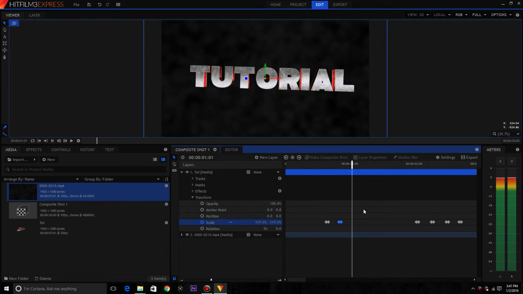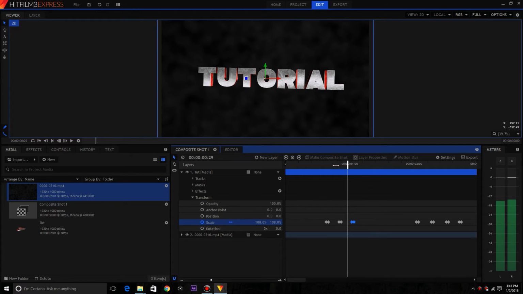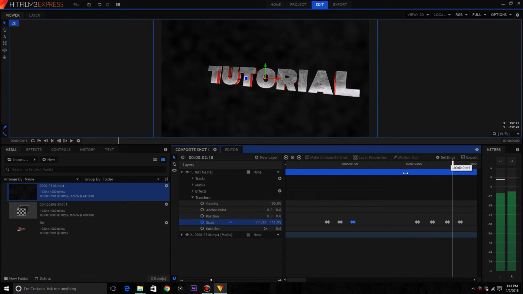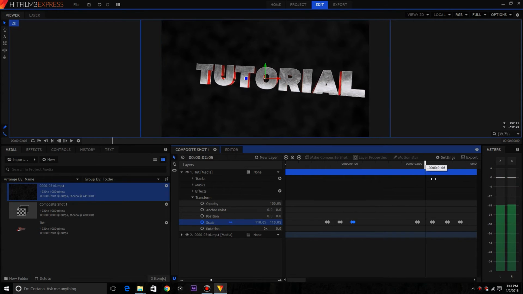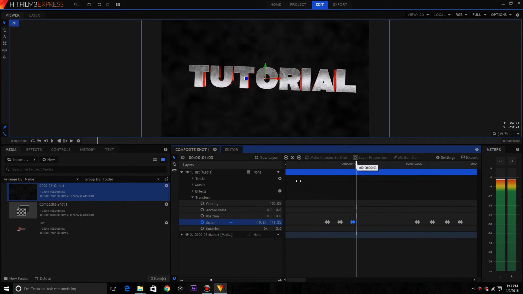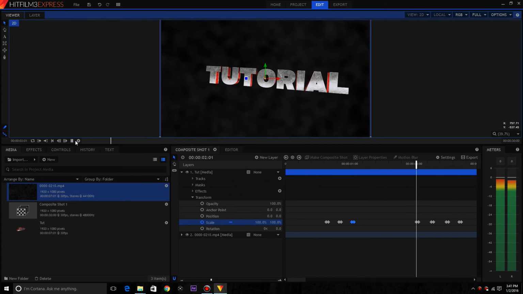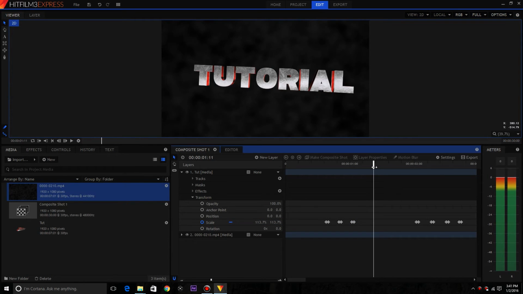So this is basically the syncing part of the tutorial. So it looks okay right now, besides the fact that the smoke isn't moving, but that will be fixed at the end. Alright. So the next one should be